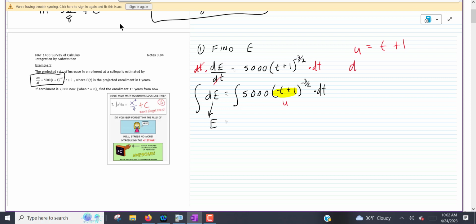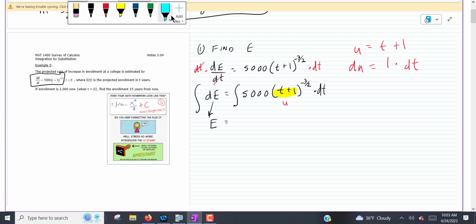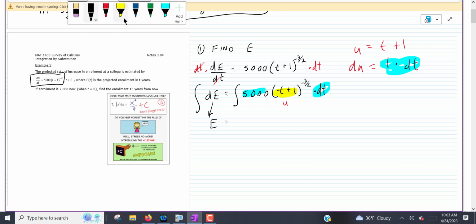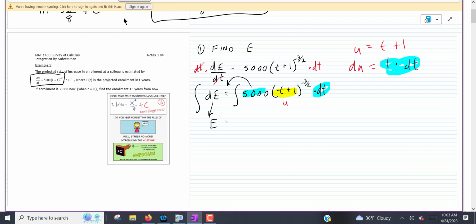So tell me what du is. 1 times what? dt. Make sure it has a dt. It's got to be dt. So now let's look and see if this matches or not. We ended up with 1 dt. So we got that. Now, here's something you can do in this problem. One thing that you could do, and you would be wise to do this on this problem,